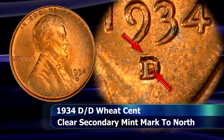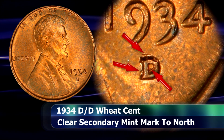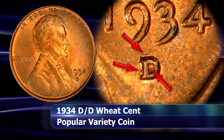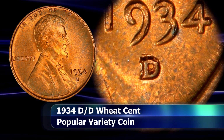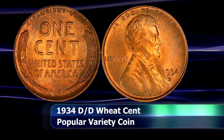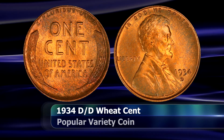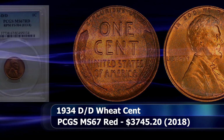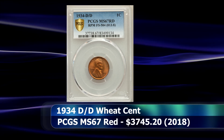but also inside the cavity of the D, where the bottom part of the first impression should still be discernible, as well as the bottom serif just towards the left of the straight bar. A very neat effect, if I have to say so. In terms of market value, we find a PCGS graded coin with a grade of MS67 Red that was sold at auction in 2018 for